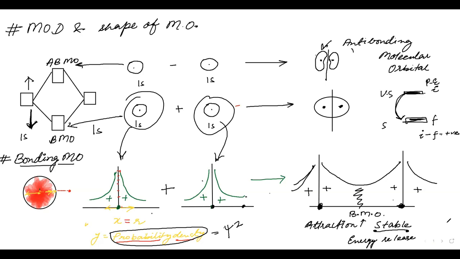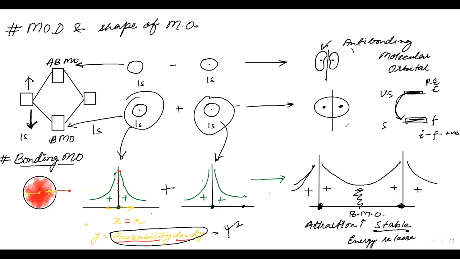The only thing that I needed to make you understand was why the bonding molecular orbital is lower in energy and why the anti-bonding molecular orbital is higher in energy. For 1s, we have seen similar things will happen with the p orbitals also. You have to see only two things: ss, and pp sigma and pp pi. So we have seen ss, and this will lead to formation of sigma bonds.